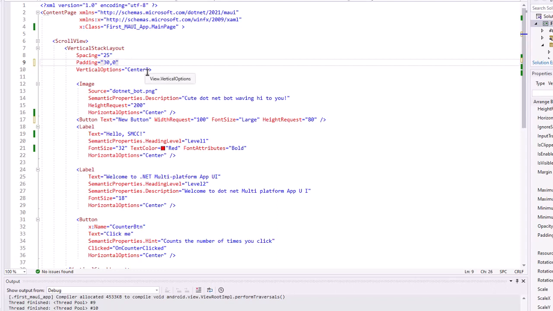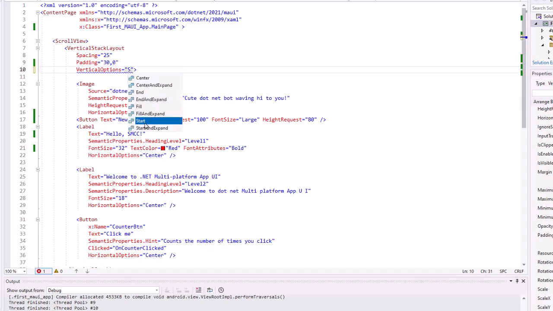So everything inside the vertical stack layout will be centered. Our other options here instead of center are start, which is going to be at the top, end, which is everything at the bottom, fill, which is going to basically go from top to bottom, and center. Now you're going to see some center and expand, end and expand, fill and expand, start and expand. Ignore those. Those have basically been deprecated in MAUI. Those are from Xamarin, and give us some backwards compatibility to Xamarin,